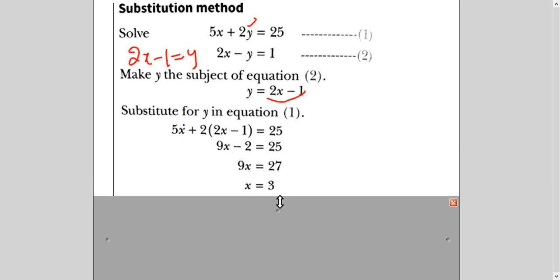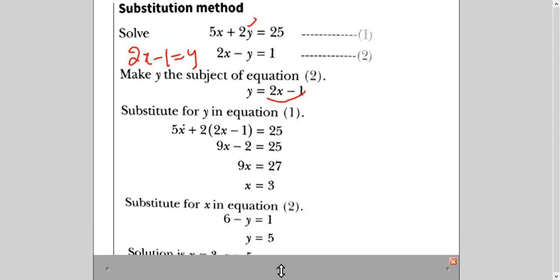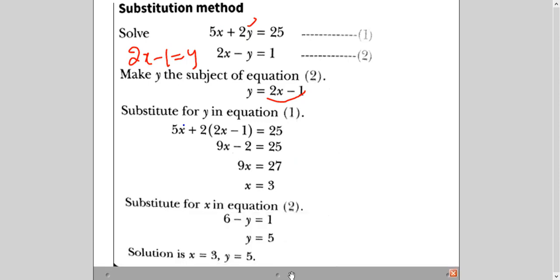And you will see it is the same value which we got by the elimination method. Now this value of x you can plug back either here or here and get the value of y. So you are getting the same answer. So you have seen in substitution, we make one variable the subject and plug it into the other equation. Whereas in the elimination method, we make the variable coefficients the same and then add or subtract to cancel it out.